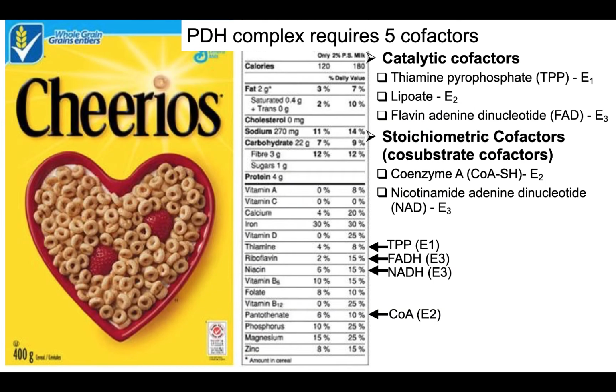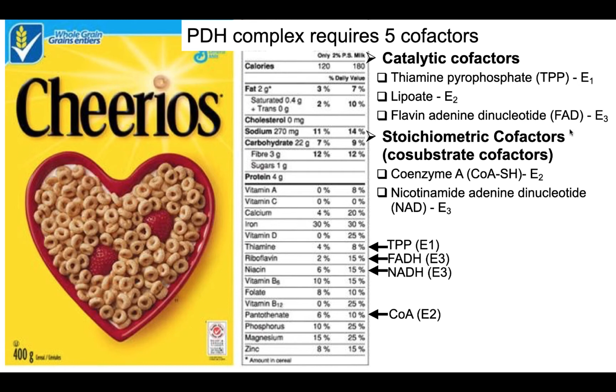Now, the pyruvate dehydrogenase complex, these 3 enzymes, have a total of 5 cofactors. If you'll remember, cofactors are non-amino acid organic molecules that are necessary for the function of specific enzymes. There are catalytic cofactors, and those are the ones that are actually bound to the enzyme, like thiamine pyrophosphate, or TPP, in E1, lipoate in E2, and flavin adenine dinucleotide, or FAD, in